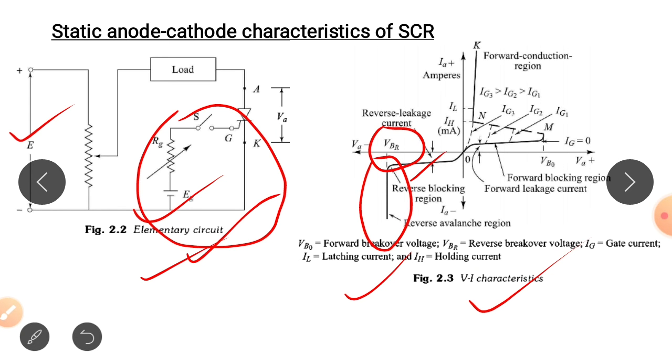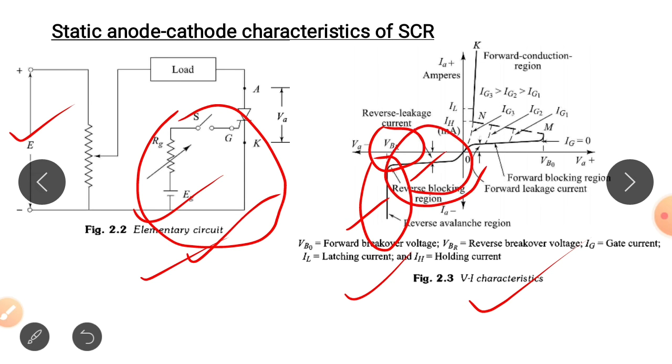Here a large current associated with VBR gives rise to more losses in the SCR, because in this region the current is higher and the voltage is also higher. This gives rise to more losses in the SCR, and this may lead to thyristor damage. Okay, so we should avoid operating the SCR in this region, we always avoid operating the SCR in this part.